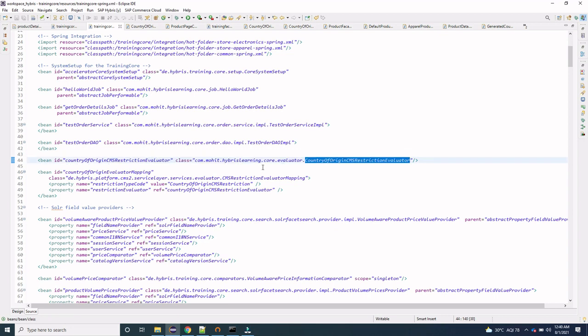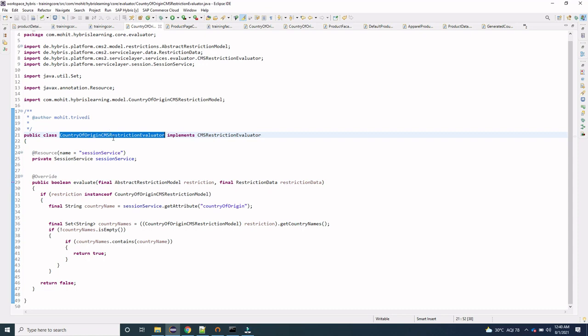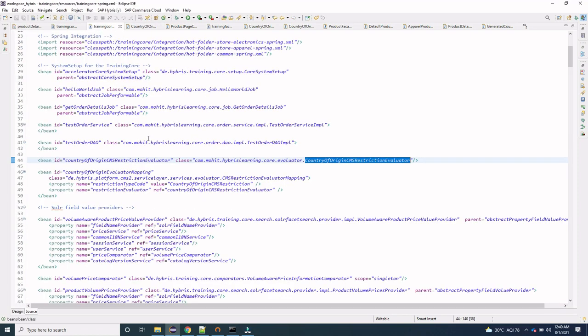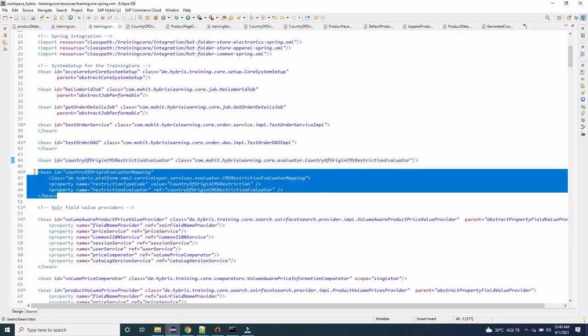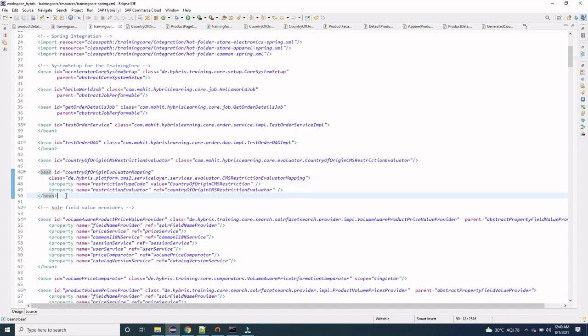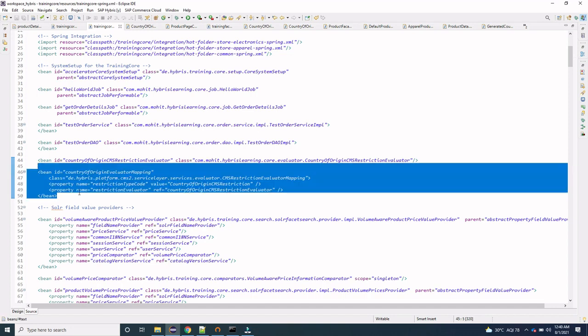So we have defined this bean in here, and this class we just saw, where we have written our custom logic. So if you go here, country of origin CMS restriction evaluator, this is the class, right? Now the most important thing is the bean that we have defined here, the mapping part.